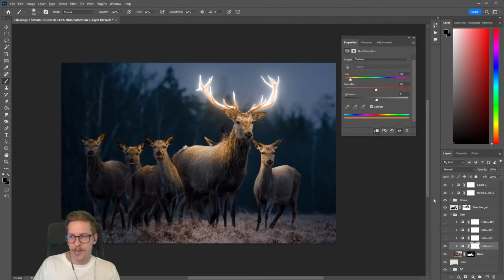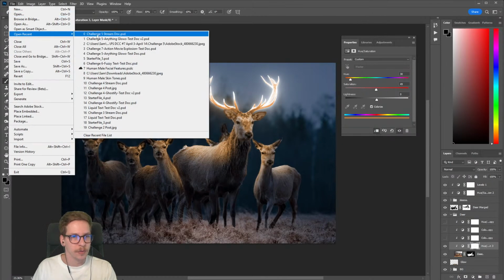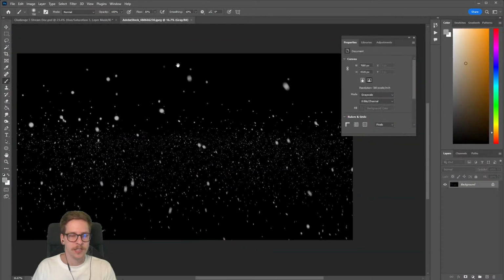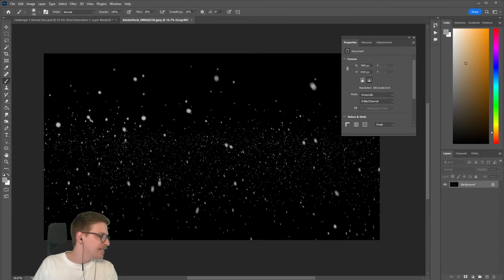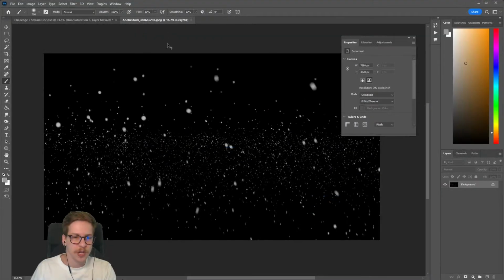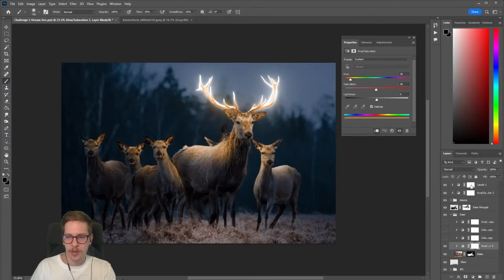And before we get into cleanup, I do have one more thing I think we can add to this. Yeah, so this is an Adobe stock that is not included with the starter file, but if you go to stock.adobe.com, you can just type the number in the top: 480-666-230. And that is this kind of dust one. You might be able to find a better one, honestly. Some of these big particles I'm not a fan of,